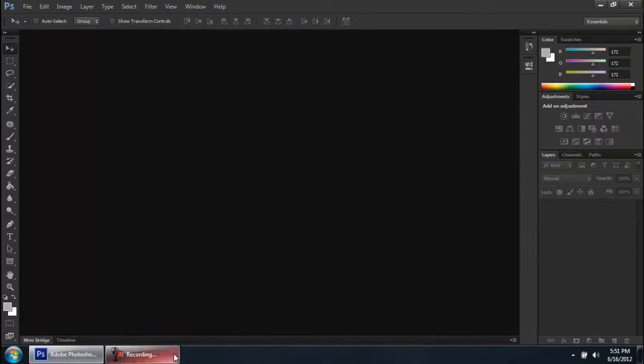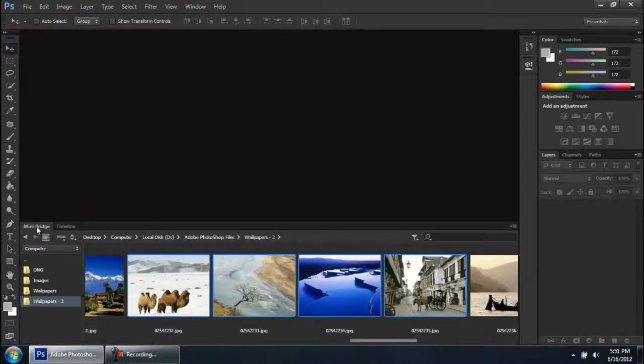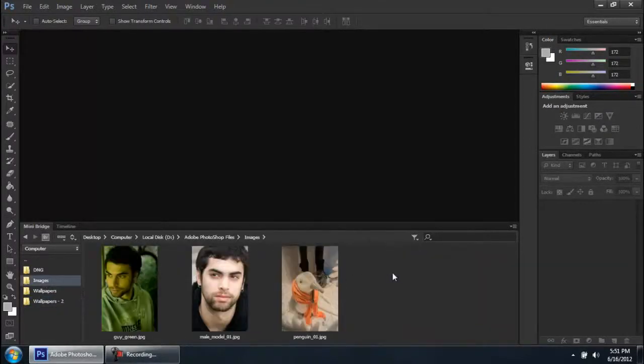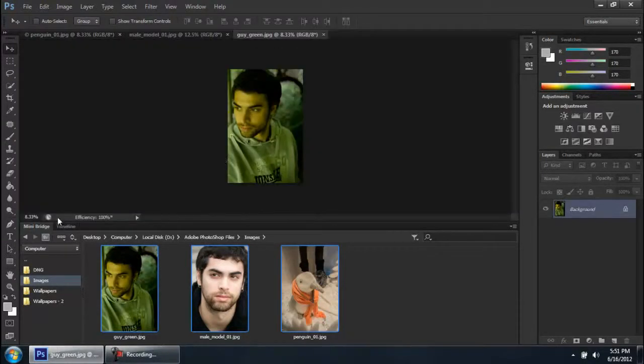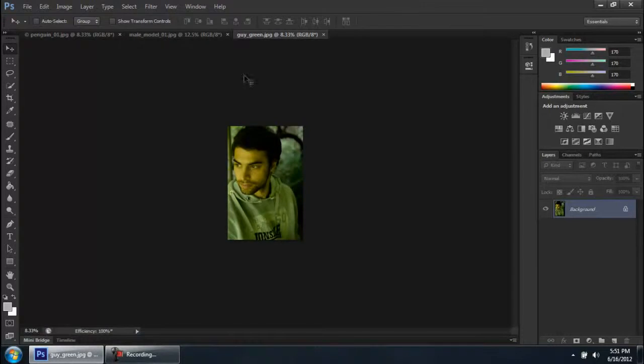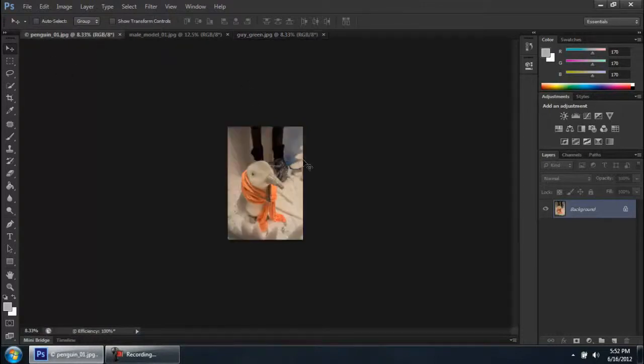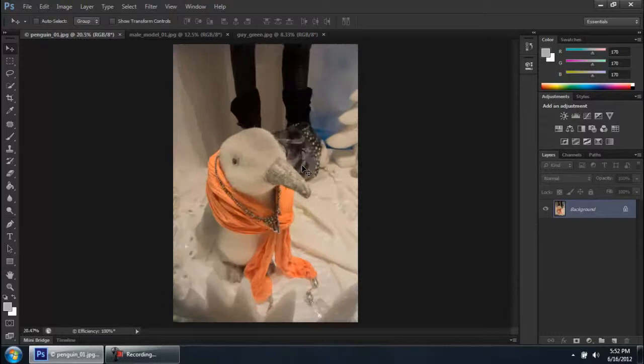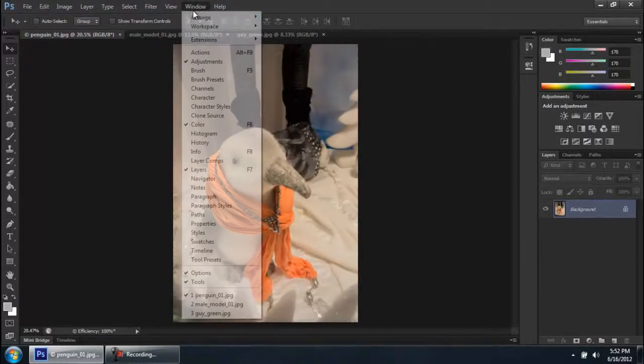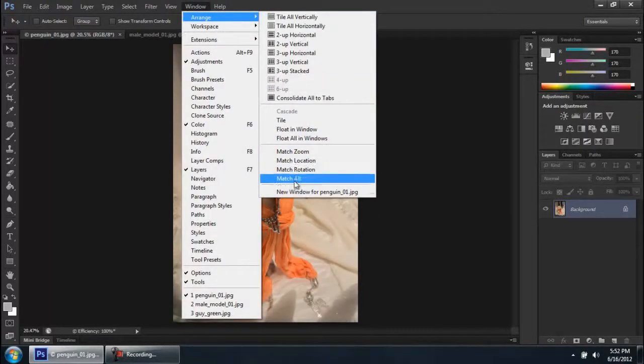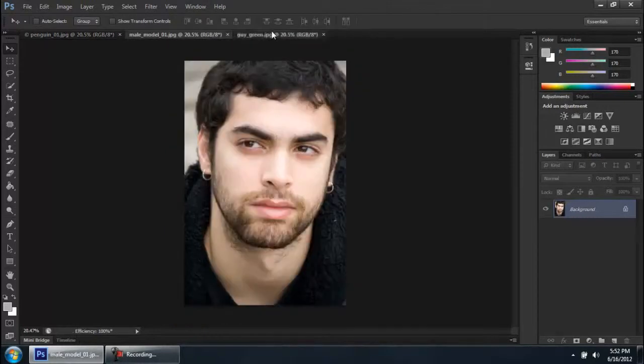close all the images that were open in Adobe Photoshop, and I'm going to open Mini Bridge again by double clicking on it. This time I'm going to go to images, where I have all my 3 images. Once I have selected my 3 images with the marquee selection, I'm going to double click on all of them, which will make them open in Adobe Photoshop. I'm going to open my first image and press Ctrl 0 so that it fits in screen. I'm going to go to Window, Arrange, and do Match All, so all my images are in fit in